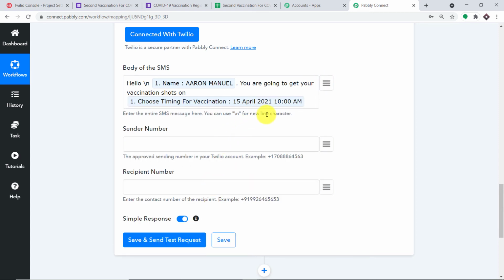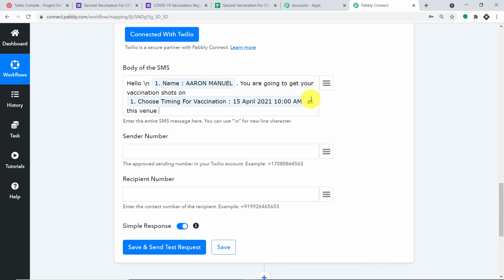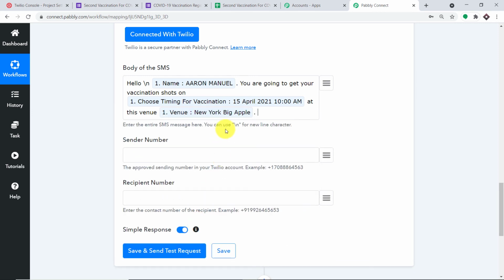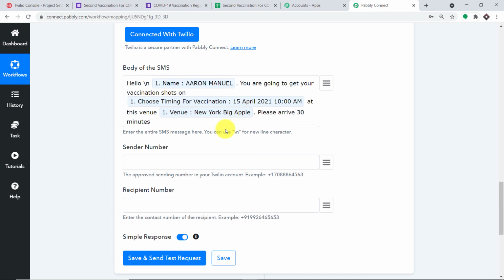So this is the time, 15th of April 2021 at 10 a.m. At this place, at this venue. So this is the venue, New York Big Apple. Please arrive 30 minutes early. And once again, /n. Thank you.